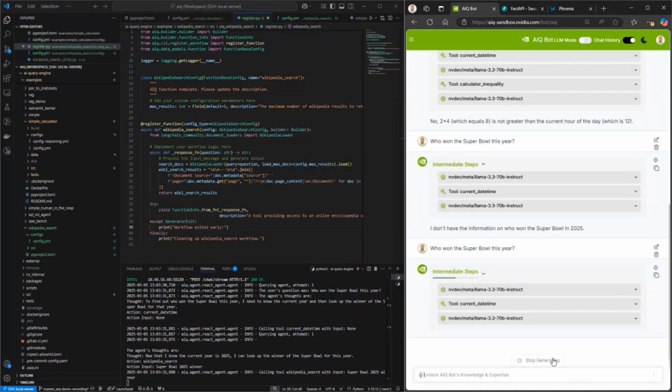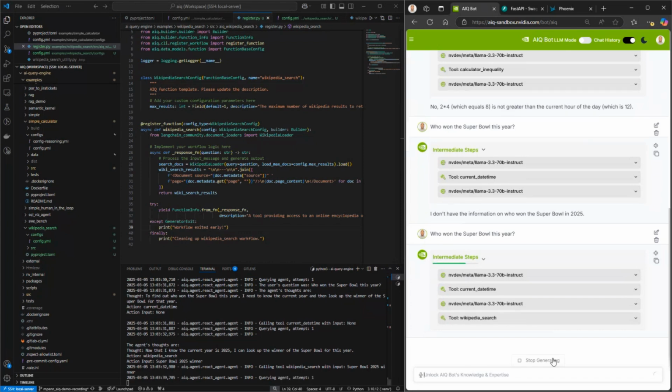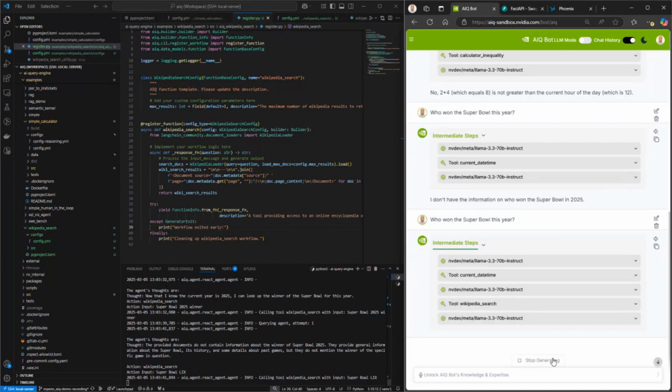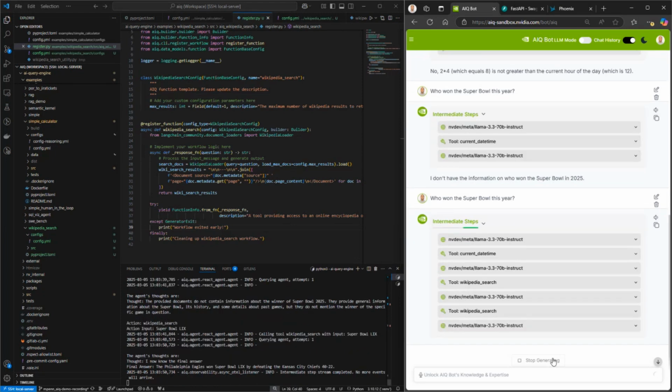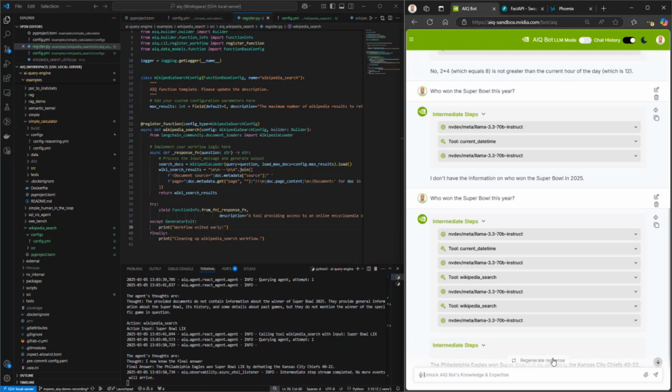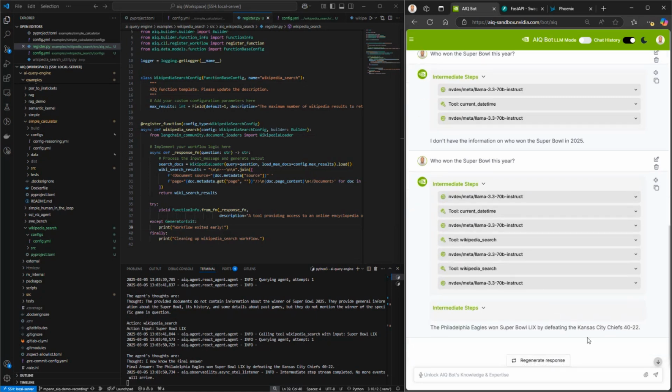With the new Wikipedia tool we've just developed, we've extended the system. We've provided it crowdsourced internet encyclopedia information to augment what it's been trained on, as well as the simple calculator tools. And we can now answer this question. So let's let it do its thing. And it looks like it's done just that. It's identified the fact that the Philadelphia Eagles have won the Super Bowl by defeating the Kansas City Chiefs